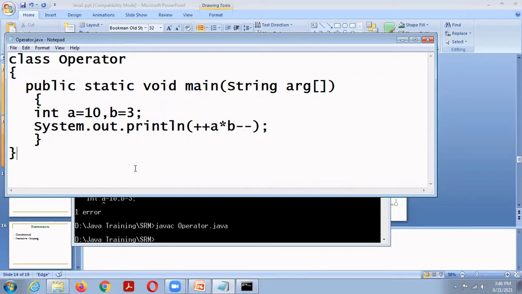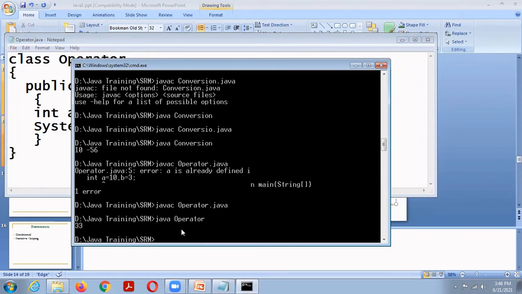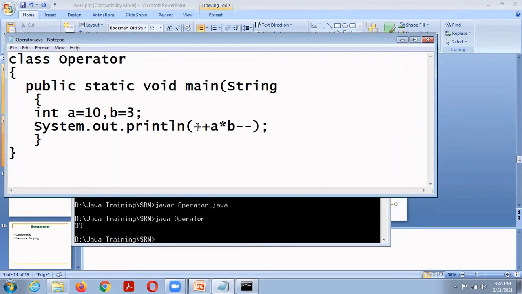Int a equal to 10, b equal to 3, System.out.println of ++a times b--. 33. Yes, 33. So here we are using prefix form.